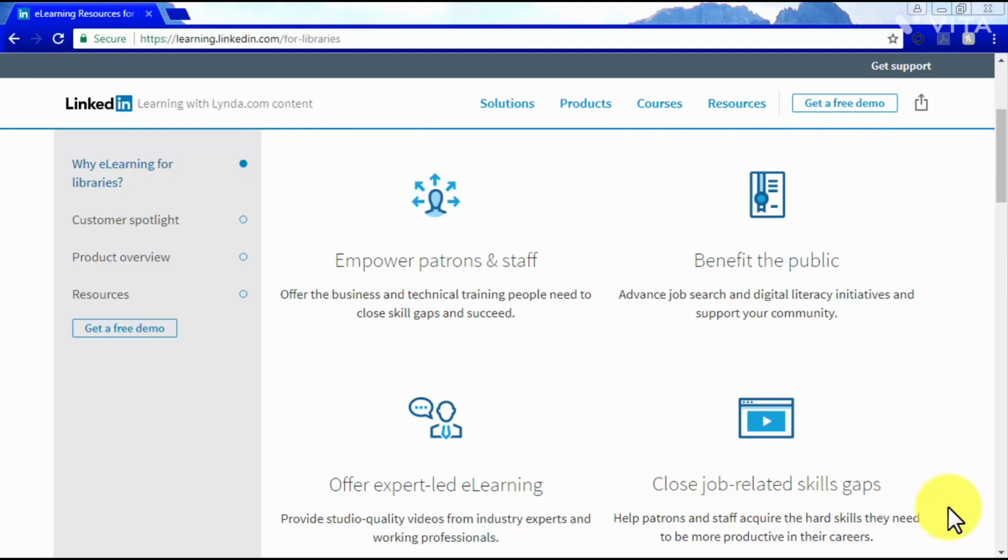These learning solutions also benefit the community that the libraries are located in, because they can jumpstart advanced job search and digital literacy initiatives supported by the public. The expert-led learning provided with these solutions include studio-quality videos and resources curated by industry experts and by working professionals, which can greatly help library staff to acquire the type of skills that they need to be more productive in